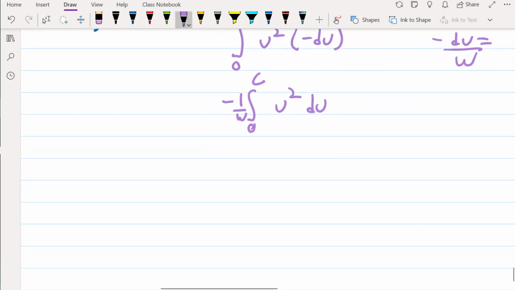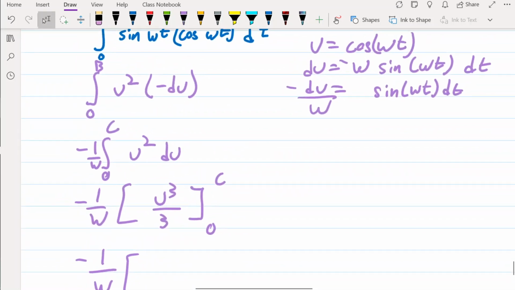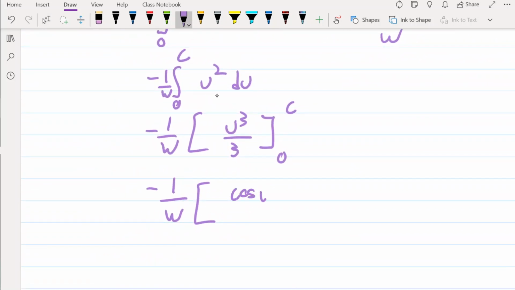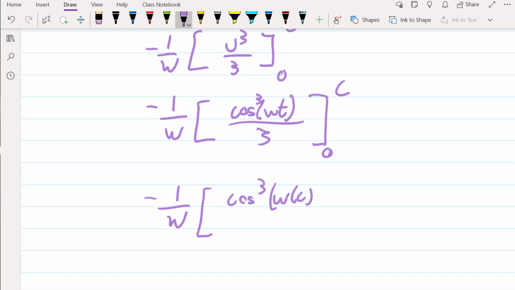So now when we integrate it, it's going to be 1 over w times u cubed divided by 3 from 0 to C. And then we can substitute in our u. So it'll be opposite 1 over w times cosine of wt to the third power over 3 from 0 to C. Do we have to simplify this a bit more? I think so. So it'll be opposite 1 over w times cosine cubed of w times C over 3